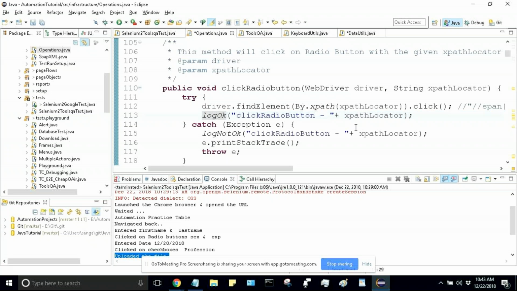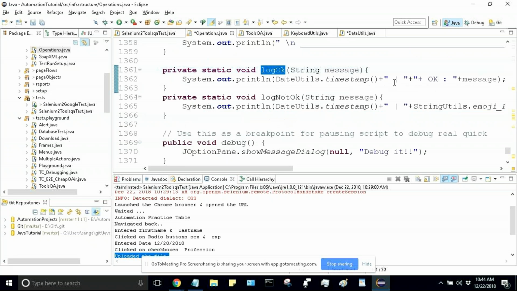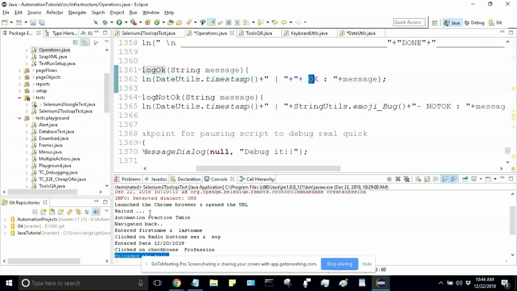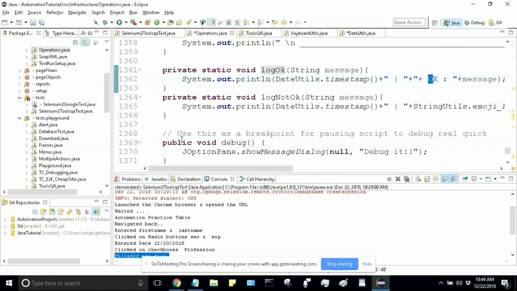Otherwise, click not OK. The OK and not OK are already mentioned in this one, so I don't have to worry about this. This will mention OK. If it is not OK, it will print not OK, so that immediately by looking at the logs we will know if it is OK or not OK, and what the exception was. So then